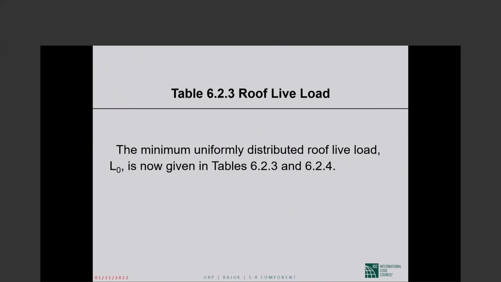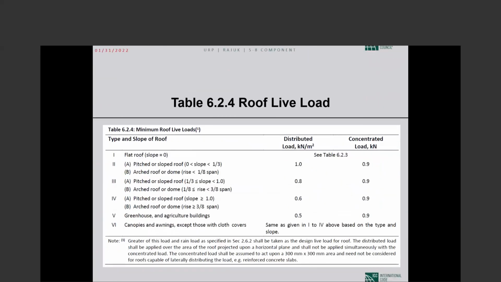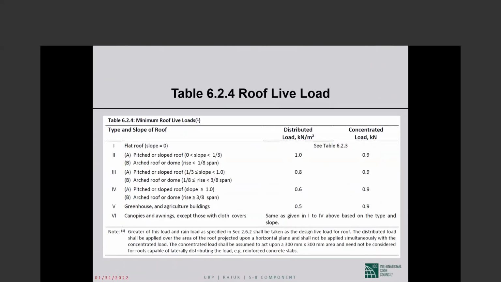Okay, the minimum uniformly distributed load. So roof live load, L sub 0 is the unreduced value. As I said previously, it is given in table 6.2.3, 6.2.4. You go to 6.2.3 first, and if it sends you to 6.2.4, you go there. This is table 6.2.4. I find it pretty interesting. So flat roof, 1 kilonewton per square meter. This is 20 pounds per square foot. Yeah. And then